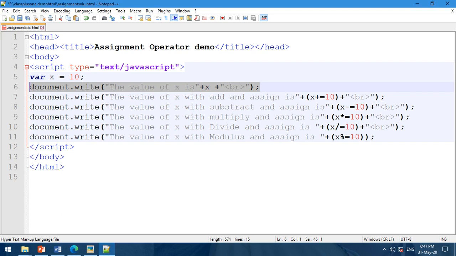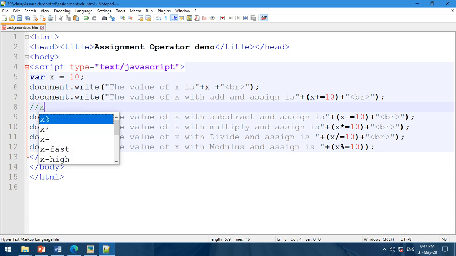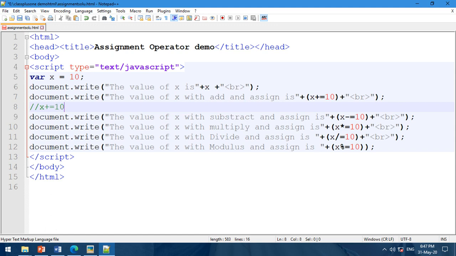In the next line, what is the value of x plus equal to 10. It means I am asking to display the value of x, what should it be, x plus equal to 10. So when we evaluate or expand this, it becomes x equal to x plus 10.